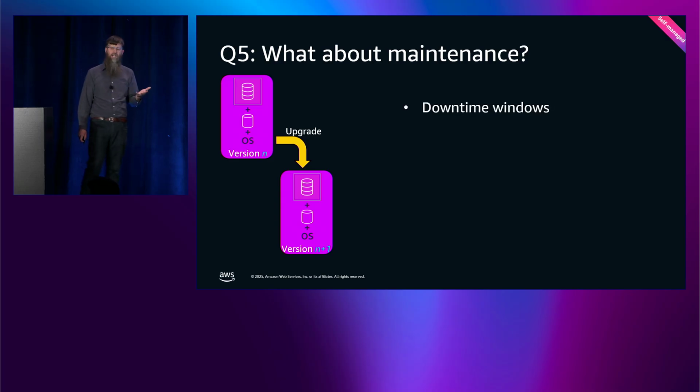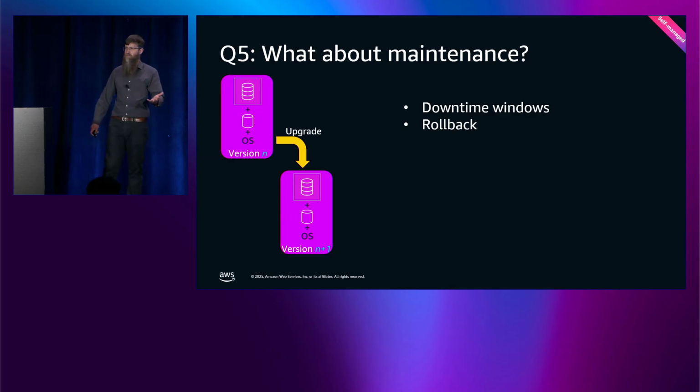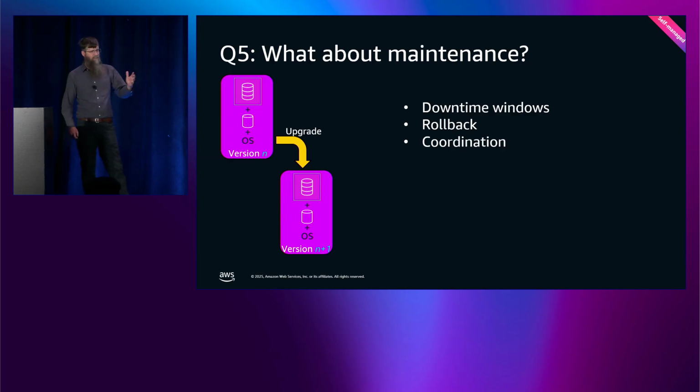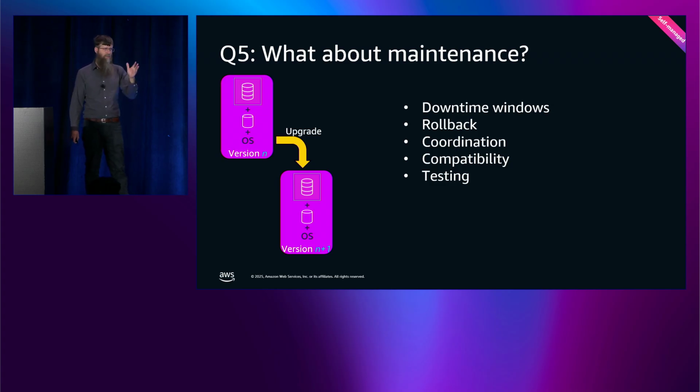So if you're self-managing, then you'd have to take a downtime window, right? You'd have to go and talk to your customers, work out when they would like to have some downtime. You would need to take some snapshots so that you can do some rollback. That might be difficult if you don't have the cool storage like we do. You'd have to coordinate with everybody. You'd have to do compatibility and testing, and lots of it, between your application, between the old database versions, all